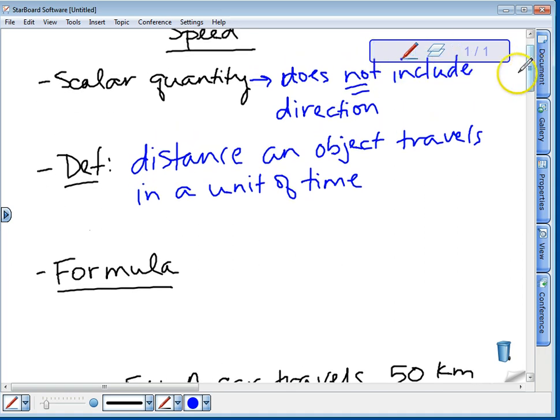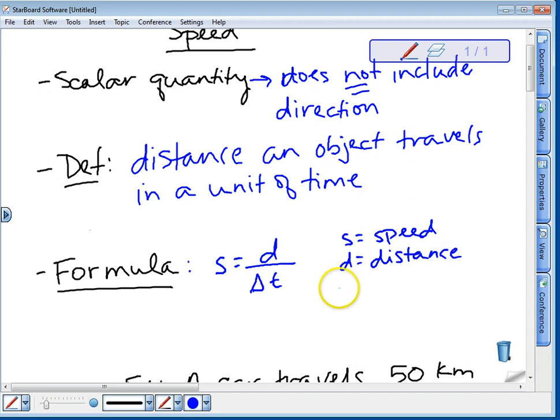To calculate this, we use the formula speed equals distance over change in time, where S is speed, D is distance, and delta T, or triangle T, is change in time. When you look at this formula, you should be able to tell that the units you'll end up with